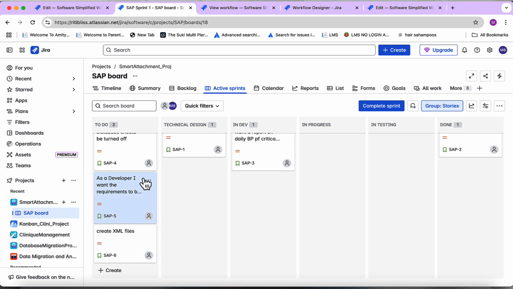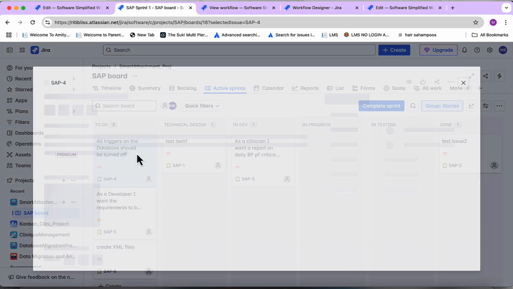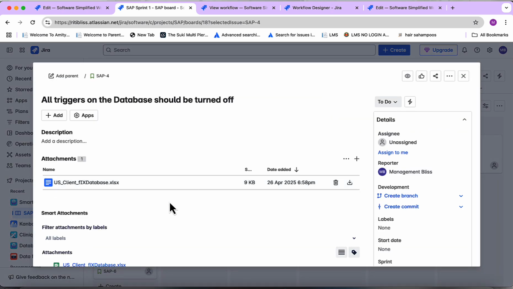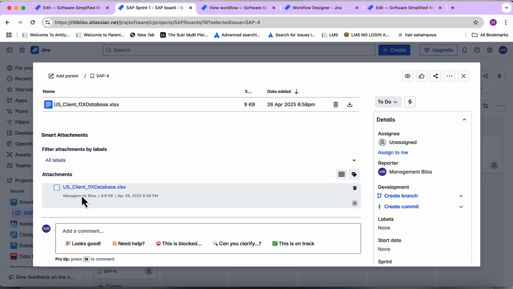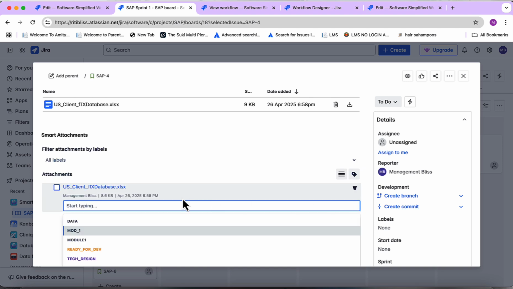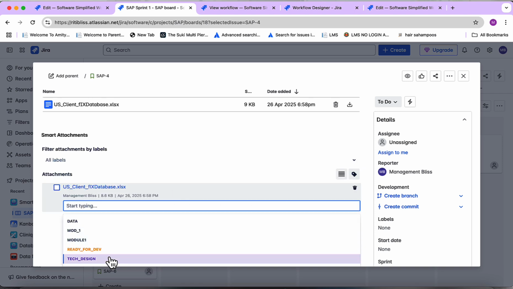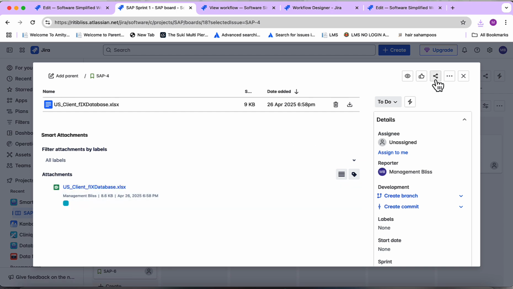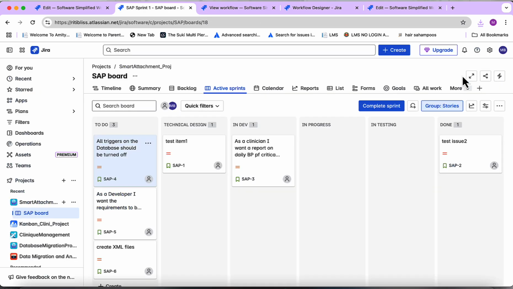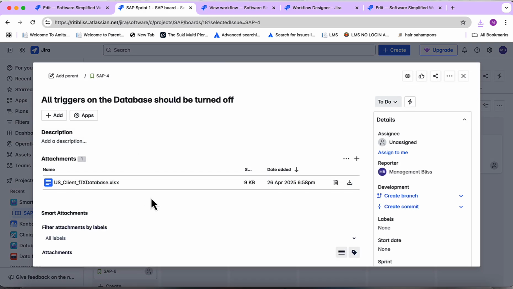So let's see if any issue contains this file. Yeah, so we have this file, US client fixed database etc., but we have not specified it with the label. Specify it with the US client label. Okay, now our file is associated with this particular tag, and to be very sure, let's add one more attachment